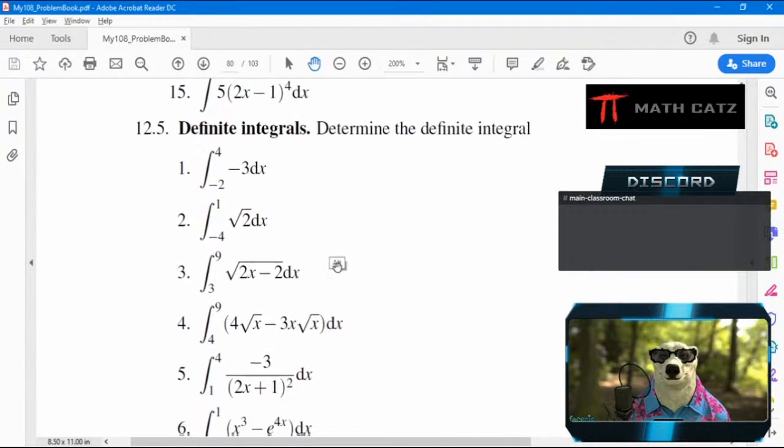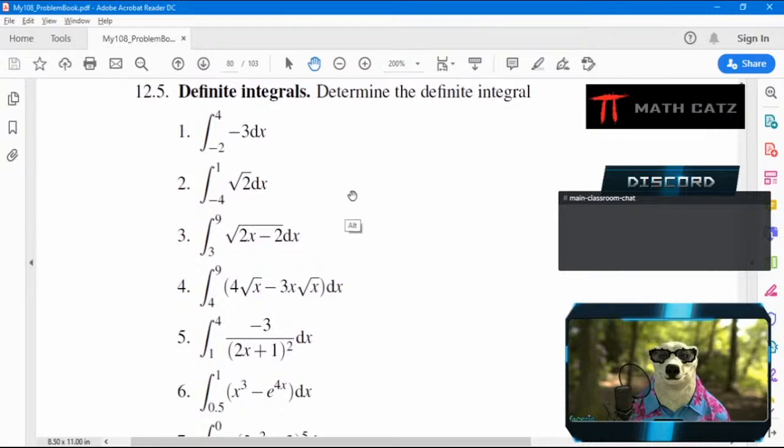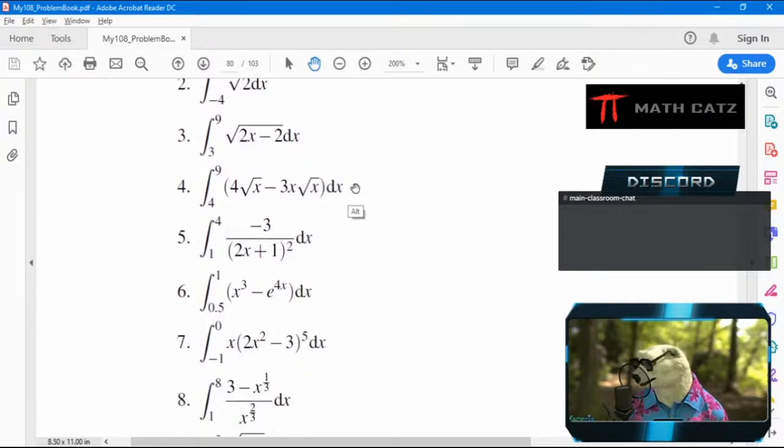So before we worry about the area more, I just want to make sure we are okay with the difference between an indefinite integral and a definite integral. There's a very slight difference in that when I have a definite integral, I still have to find the antiderivative and everything. I just have to go a little bit further, just a little bit, by plugging in the values top minus bottom. So if I take, for example, something simple,